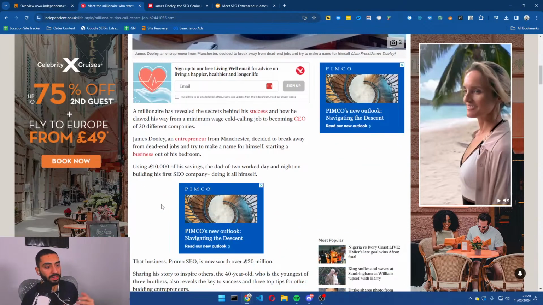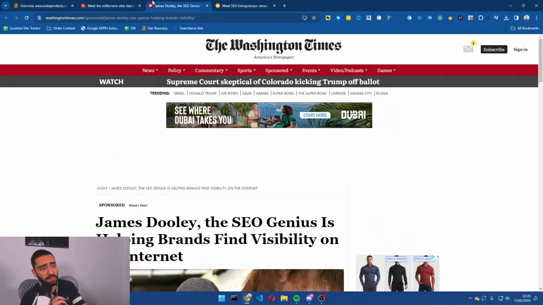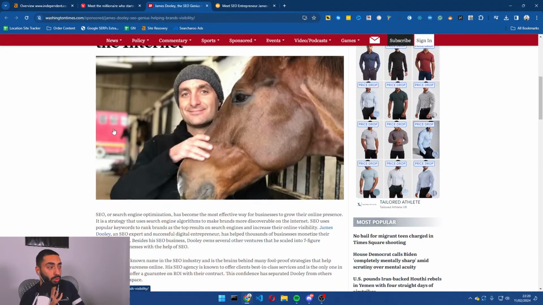When you're publishing for some of these, like The Independent, Washington Times, you kind of need to take your SEO hat off, because they're not going to be able to publish articles to do with the best lawnmowers that's linking to your lawnmower website, right? It needs to be newsworthy, what you're pitching.